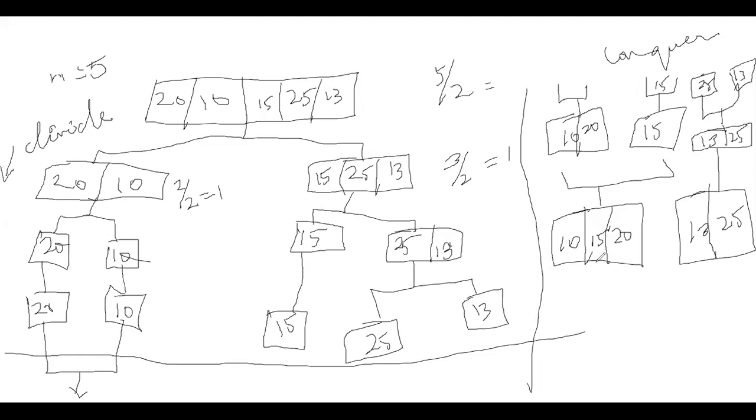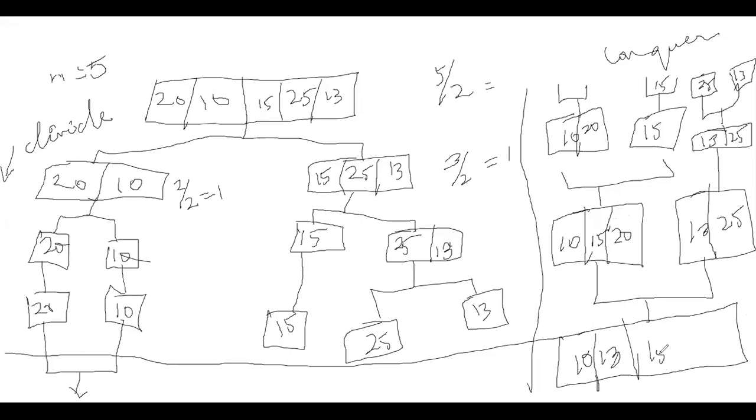Okay, guys. Now I have to merge these two. Now you tell me what will be the final answer. I'm combining this 3 and this 2. When I'm merging, I have to put it in the sorted order. 10. Next, what will come? 13, ma'am. Yeah, good. Then 15, 20, 25. This is the answer. So here if you see, I'm dividing into subproblems. Here I'm merging the solutions of the subproblems and I'll get the final solution of my big problem. All of you clear?